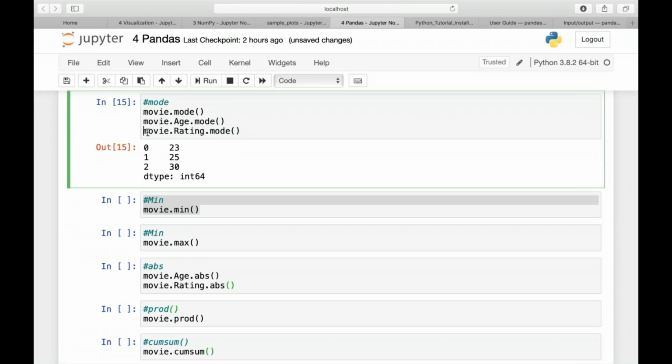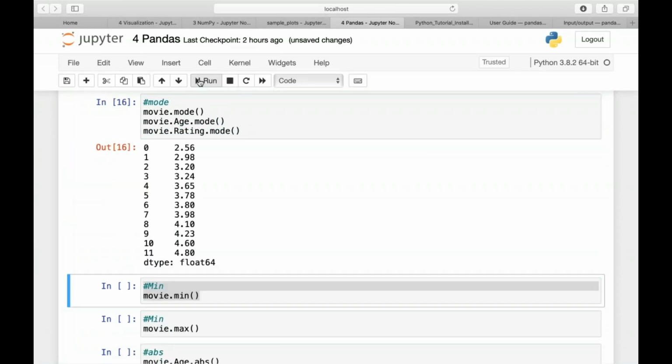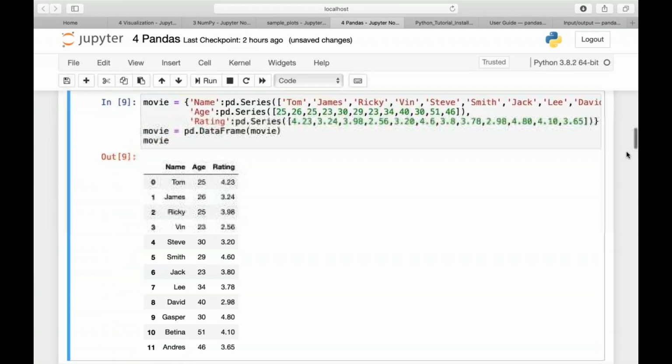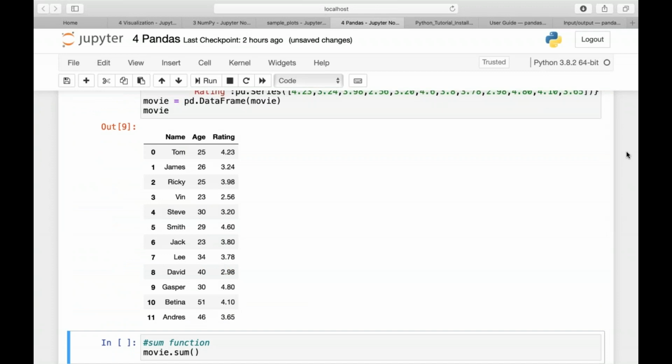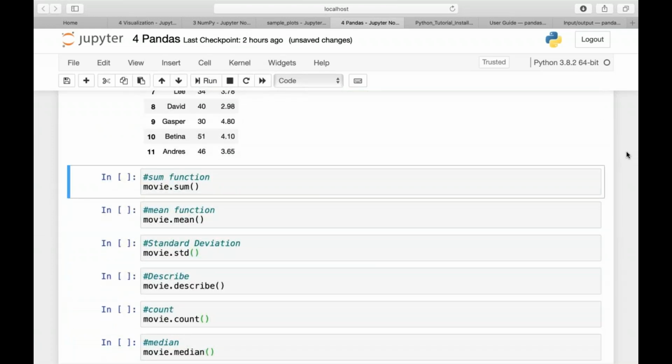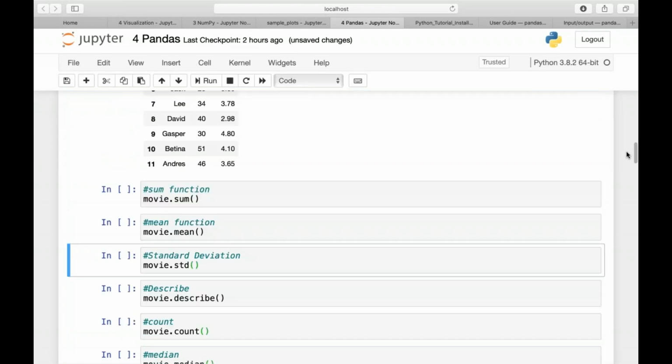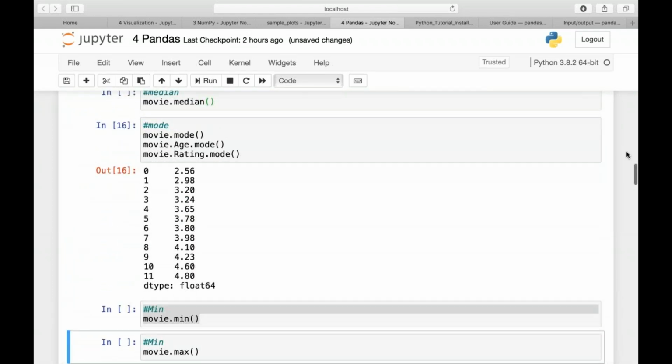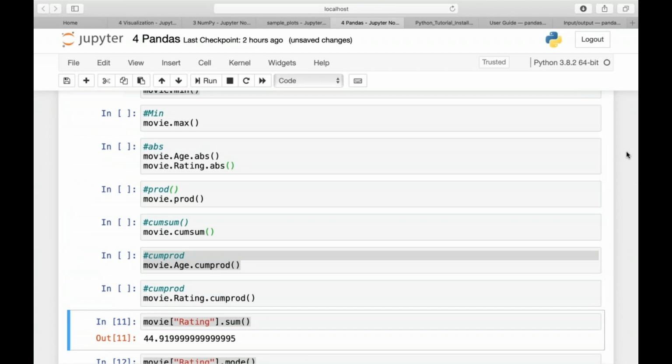See, correct, what Achal was telling. This is also correct because there is no repetitive number here in rating. That's correct because we don't have any number which is repeating itself. So all the numbers are mode, but it should not be. This data is not having any mode then. If we have done it in R,